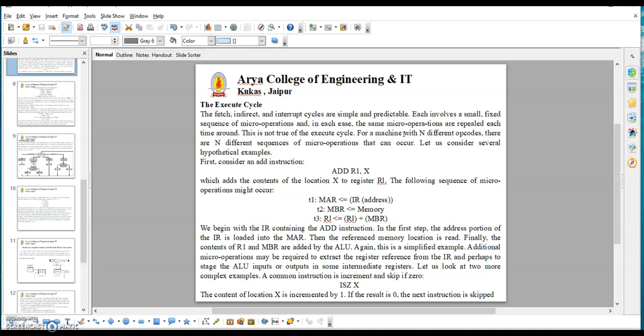The indirect cycle is always followed by the execute cycle, and the interrupt cycle is always followed by the fetch cycle. For both the execute and fetch cycles, the next cycle depends on the state of the system. So the flowchart of the figure defines the complete sequence of micro operations, depending only on the instruction sequence